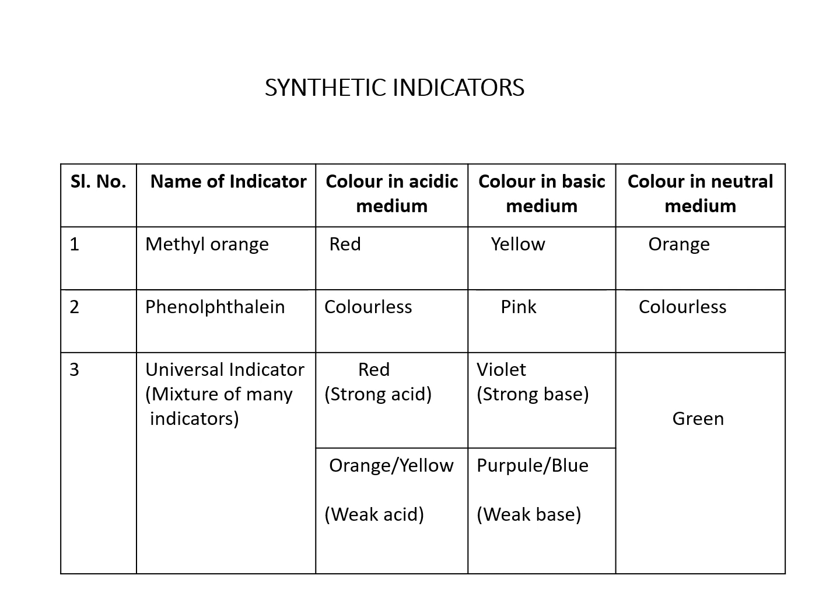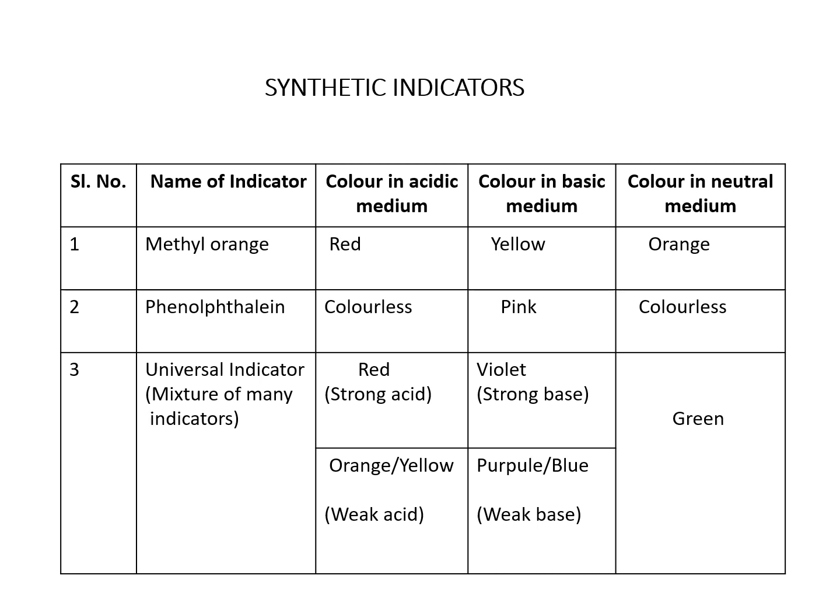Okay, now let us come on to the next indicator, that is universal indicator. Universal indicator, unlike another indicator, is a mixture of several indicators. Okay, not a single indicator. So if you are adding it to an acidic solution or acidic medium, if the acid is a strong acid, it will impart red color. If your acid is a weak acid, then it will impart either orange or yellow color.